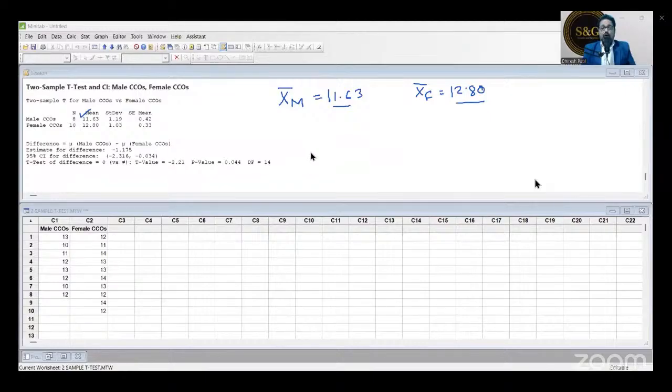So if I draw, let's say, this is the male CCO at 11.6, and the female CCO is around here, let's say 12.8. Imagine these are two distributions I have plotted. Now the overlapping area, look at this, guys. This is very, very important.